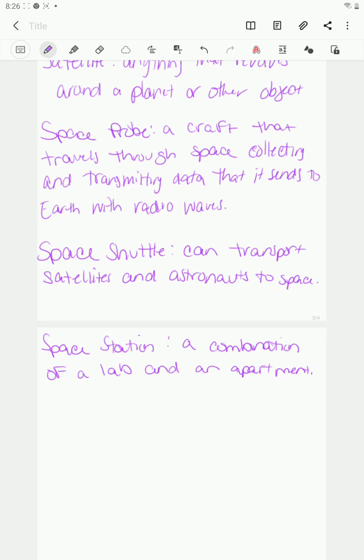So because objects in space are so far apart, we have to use huge units of measuring for distance, right? So scientists use light years to measure distances in space. I want you to remember that 1 light year is the distance light travels in 1 year,